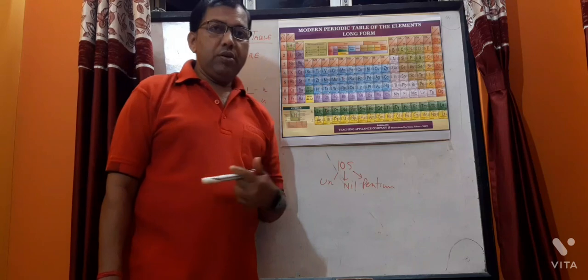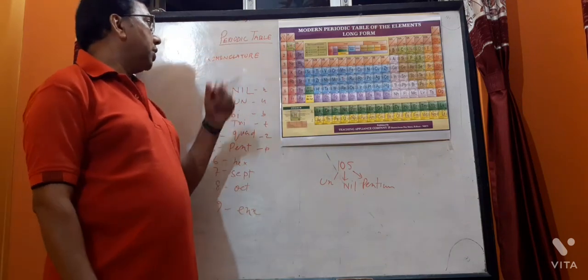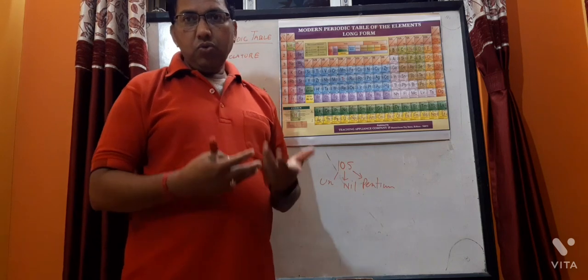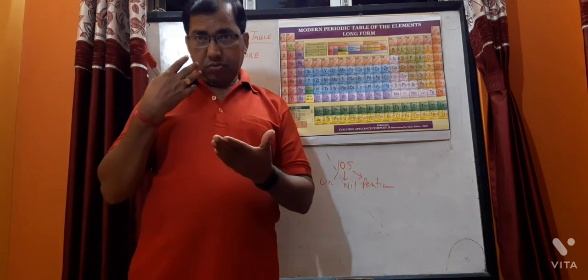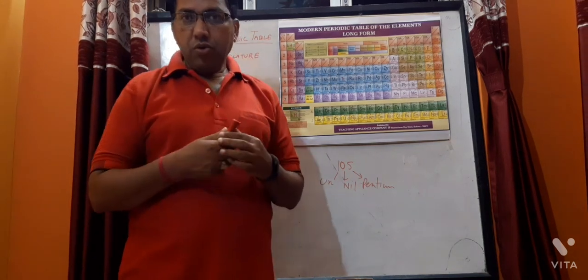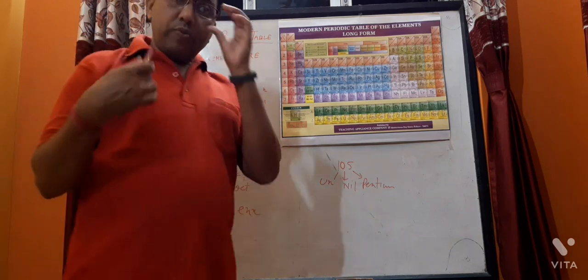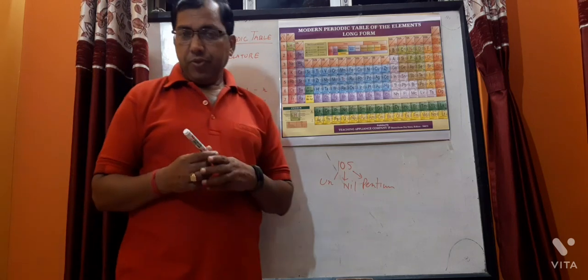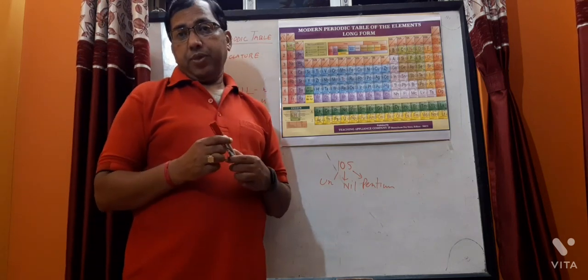Now I will discuss the nomenclature. What is the nomenclature here? In the periodic table, we see how to name the newly discovered elements. So many elements are being discovered continuously, so we have to give the proper name, because